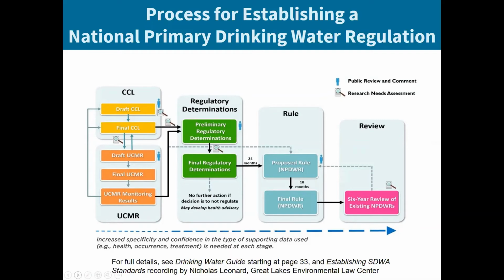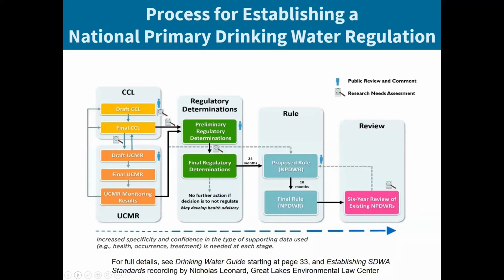After that time, EPA determines whether or not to regulate at least 5 contaminants on the current CCL every 5 years. This is the regulatory determinations in green. So it can go to yes or no. For a contaminant that EPA has determined to regulate, EPA then has 24 months to propose the regulation, and then 18 months after a proposal to finalize the regulation, which includes setting a maximum contaminant level or treatment technique for